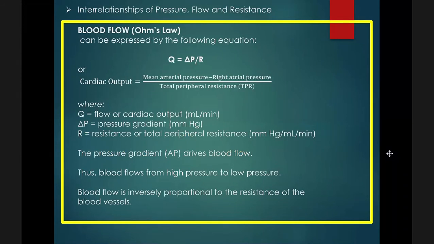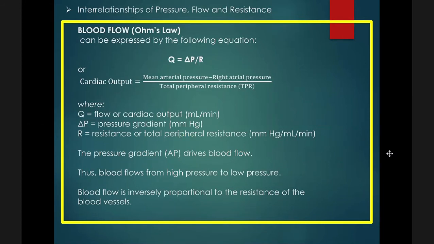So in Ohm's law, the flow is inversely proportional to resistance. If you increase resistance by vasoconstricting the vessels, for example, if the lumen is totally 0, there is no flow. So increasing the resistance will decrease the flow. That's the basic understanding of Ohm's law. So the pressure gradient drives blood flow. I always say that